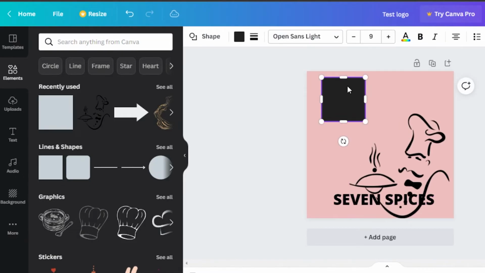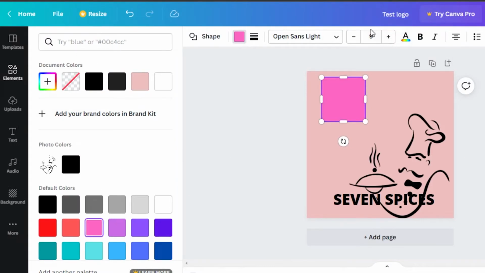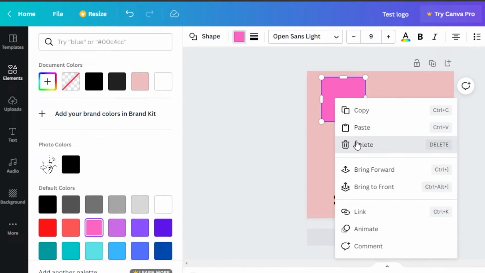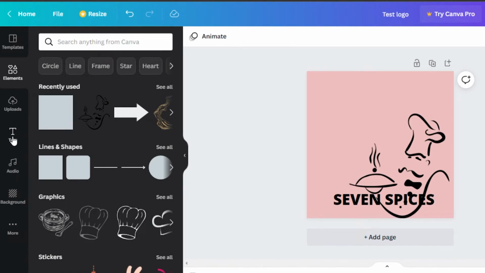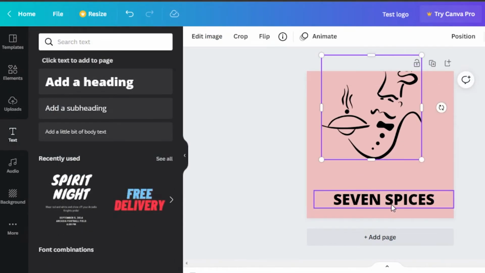I can change the color for the element. You can see we can work with different elements and we can change their color. We can change the size, we can change everything we want. So for now, I'm just going to delete this element and let's get back to our text that we were editing. So I'm going to place the icon right here for a second and we're going to work